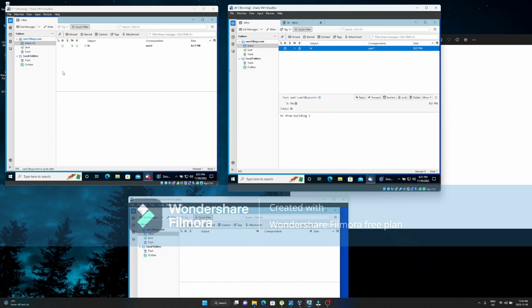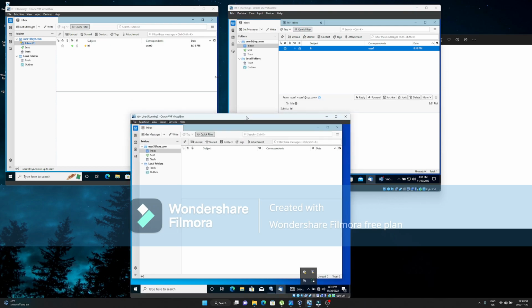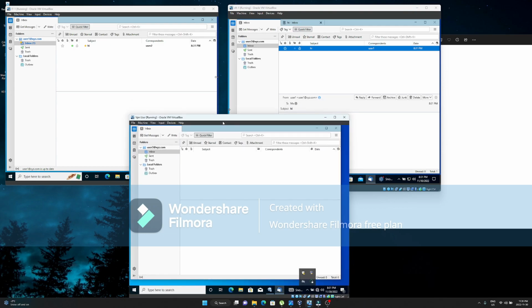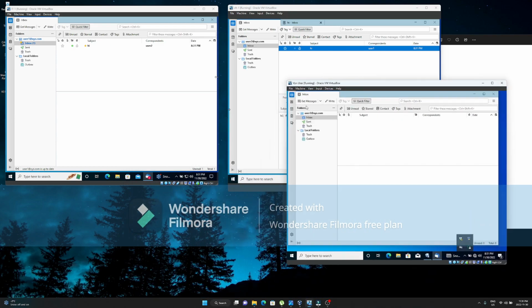Okay, so building 1 and building 2 can easily connect and contact with each other. Now we'll see if our remote VPN user works or not. So first we'll write our message from remote user to building 2. Okay, so write